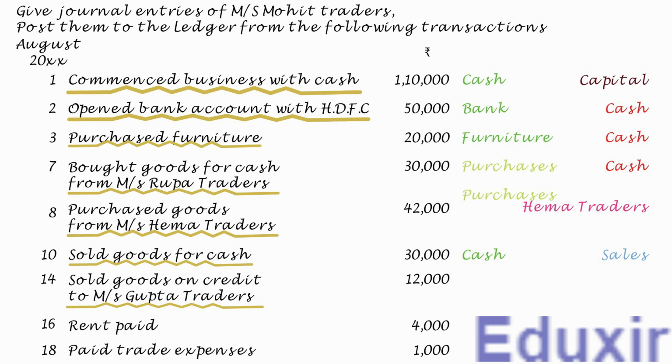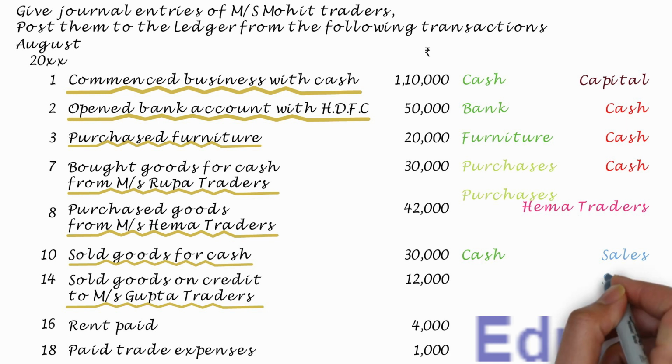In other words, the revenue of the business is increasing in this transaction. The rule to record any increase in the revenue is to credit the corresponding revenues account. In this case, the sales account should be credited.